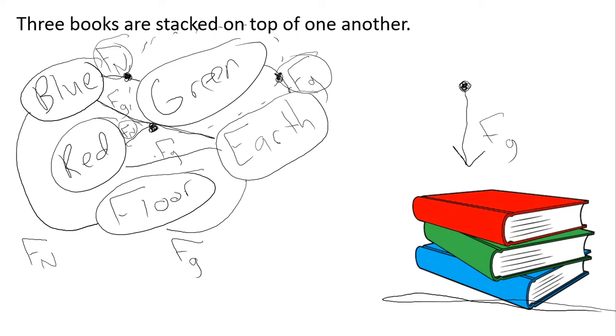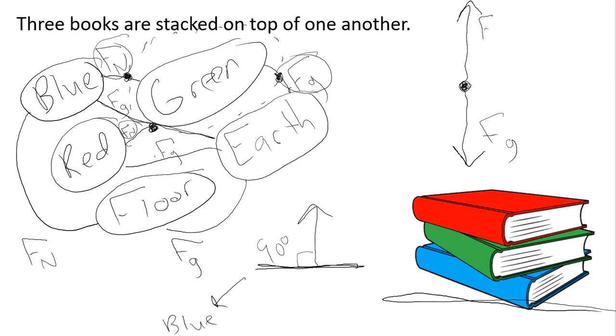So if we looked at a side view, and let's say that's my blue book, perpendicular to this would be pointing straight up. Remember, perpendicular means there's a 90-degree angle. So when we say F normal of the blue book, we're saying a force that is perpendicular to the blue book. And so we go over here, we go up,